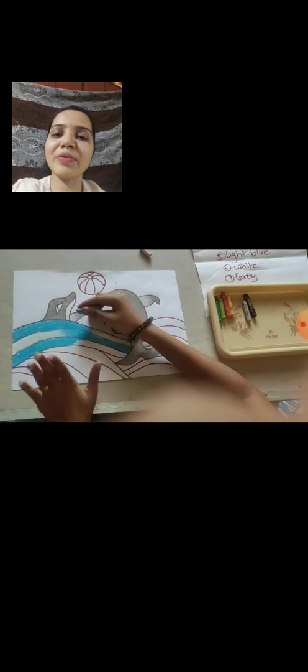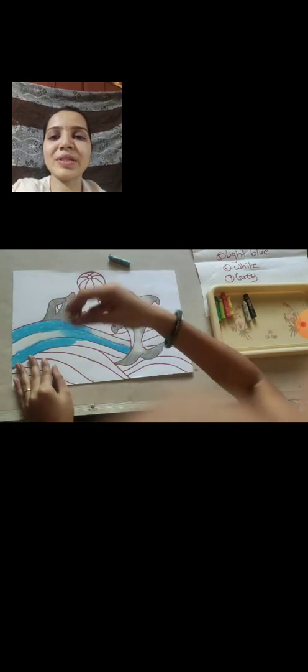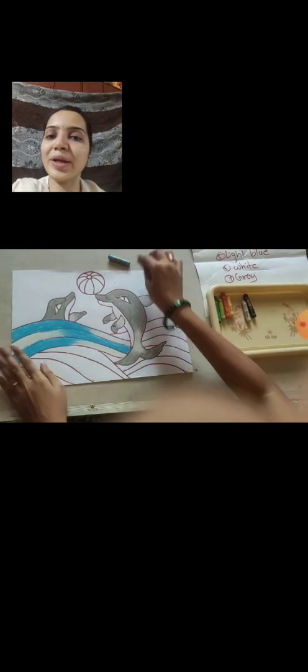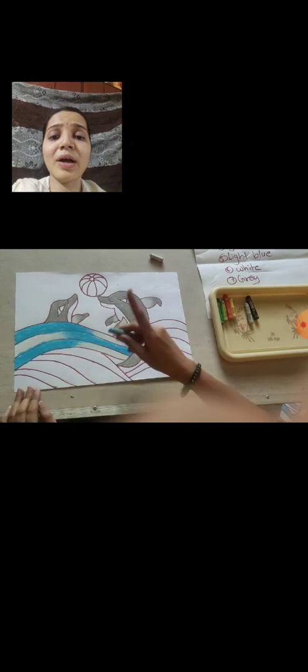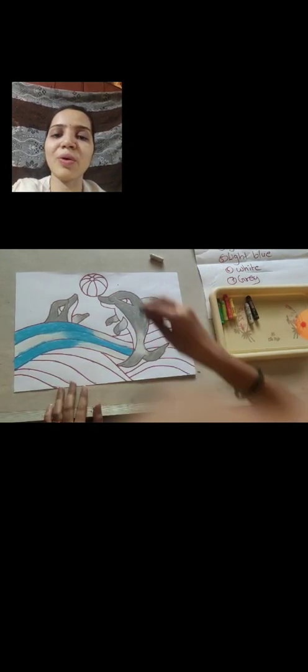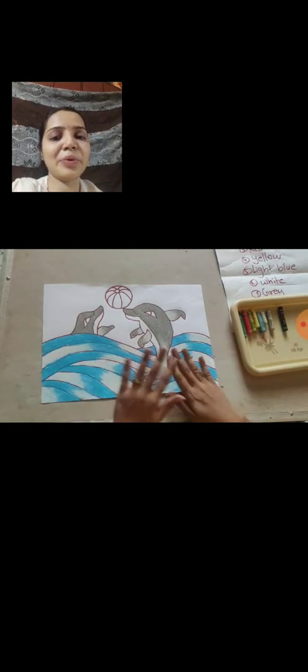Again we will take blue color for the third line. Then we will start again from the left side. Yes, like this we will continue till the middle, half part with blue color, and then again half part with white color. Now we will start merging blue with white, like this. It will look very beautiful, children, with white and blue. The other lines also, same way, you will do all the wavy lines with both the colors. And see, I have done all the lines with the same shade, light blue and white.